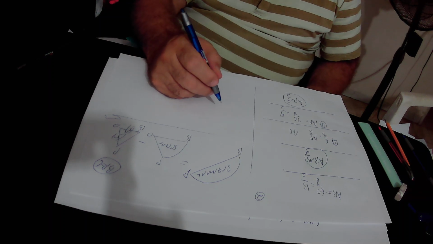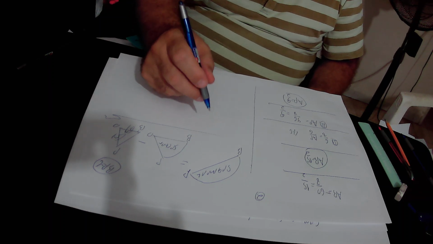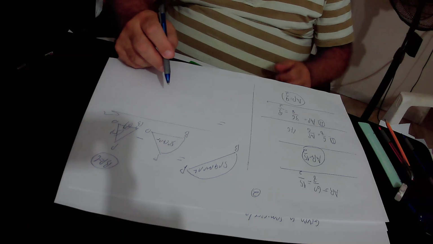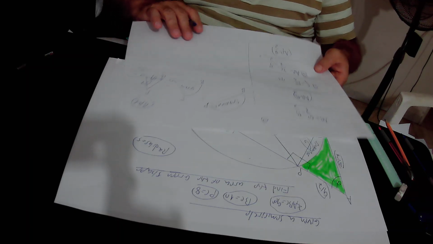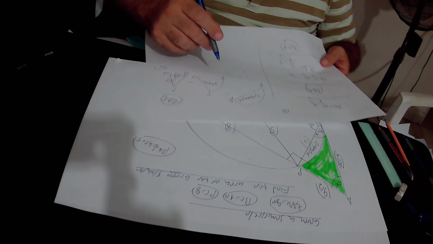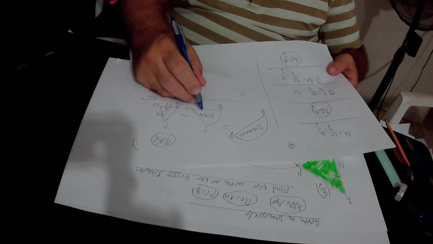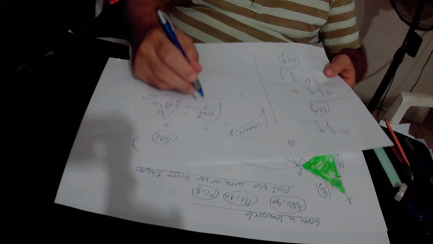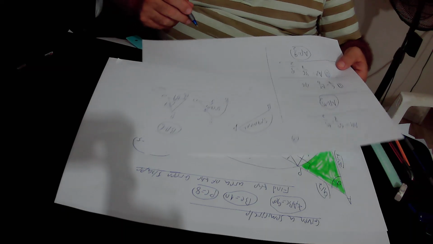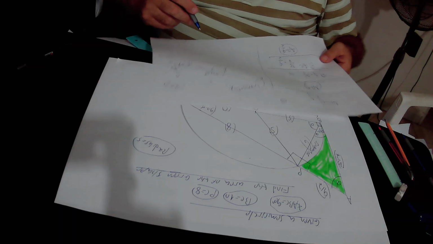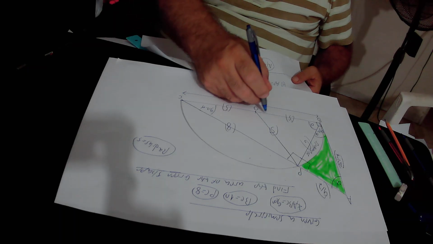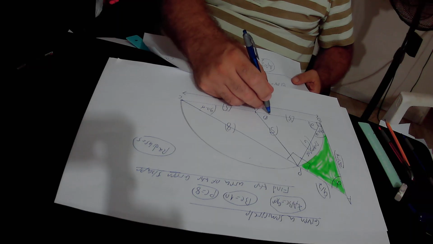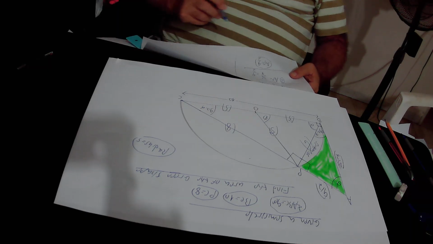So the area of segment BP will be equal to the area of sector BOP. We know that BO equals 5, it is the radius of the circle. PO also equals 5, it is also the radius of the semicircle. And this is angle theta. So in order to find out the value of angle theta,